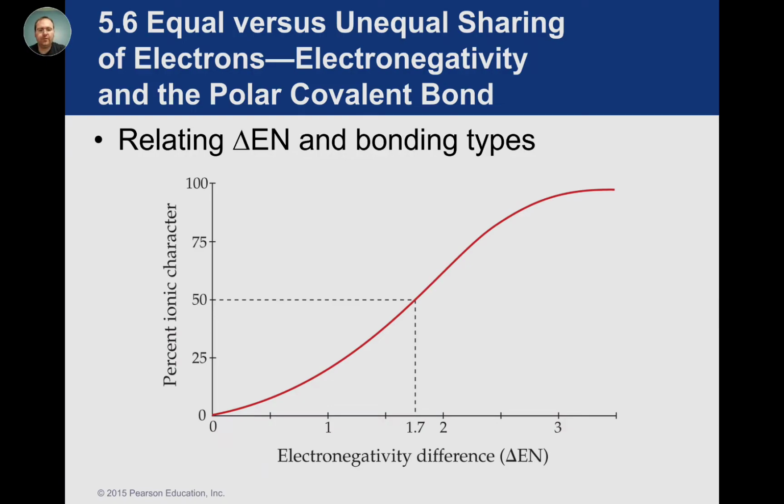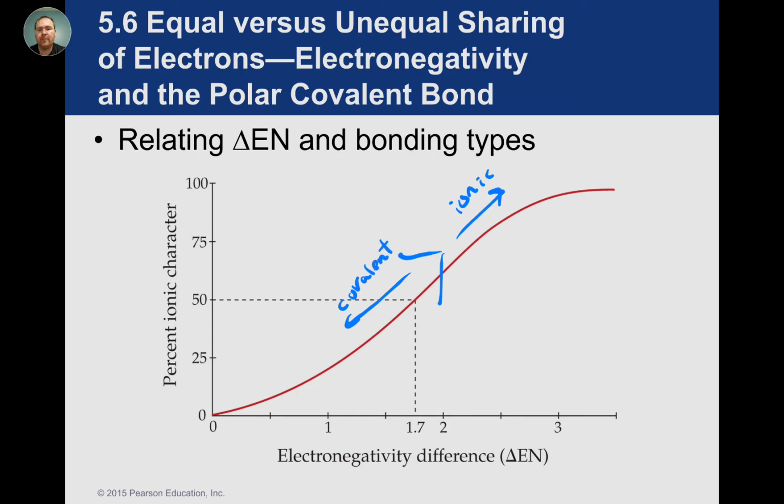So your textbook uses 1.7. I don't really like that just because they just showed us an example of 1.9. But the take-home message here is 2 is a good indicator of what to expect, because that 1.9 for HF is going to be in there. Anything above this, you're getting pretty close to being ionic. Anything below this is going to be covalent,